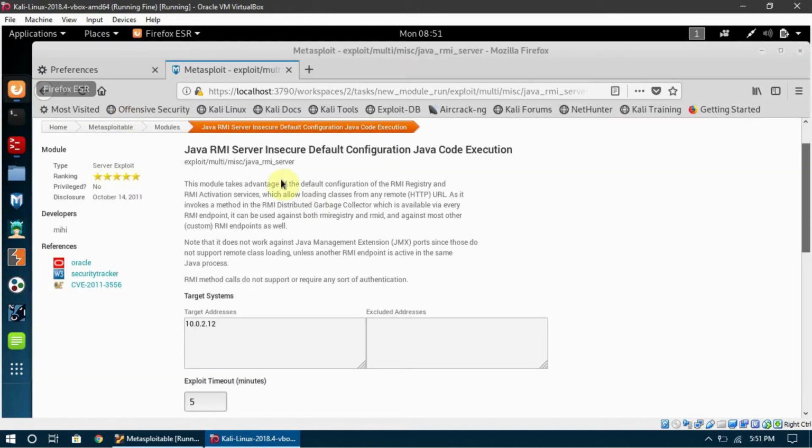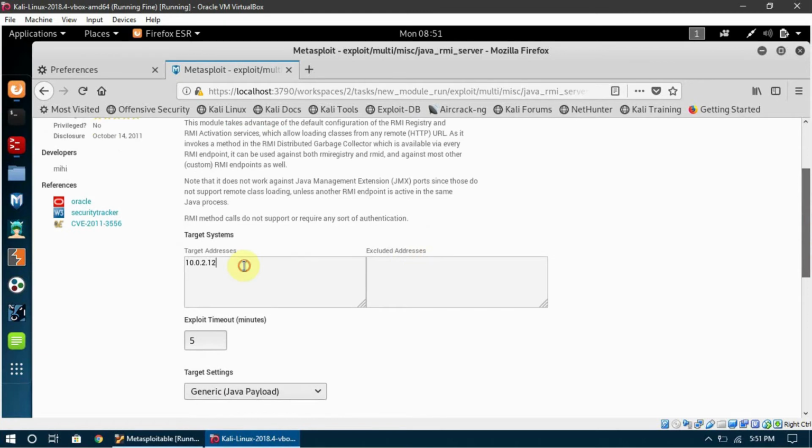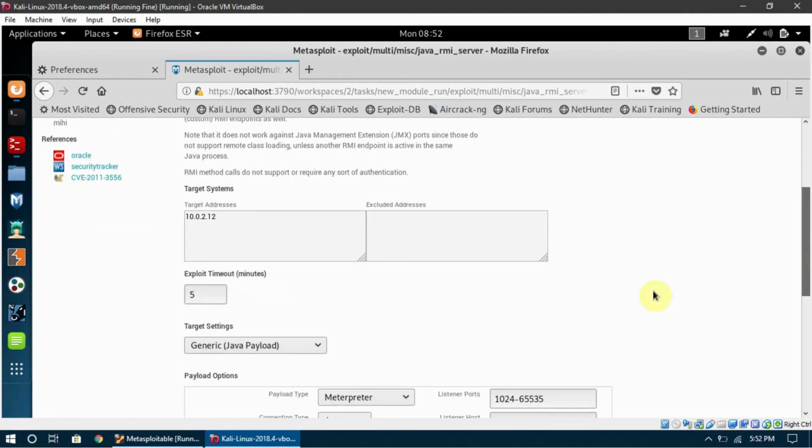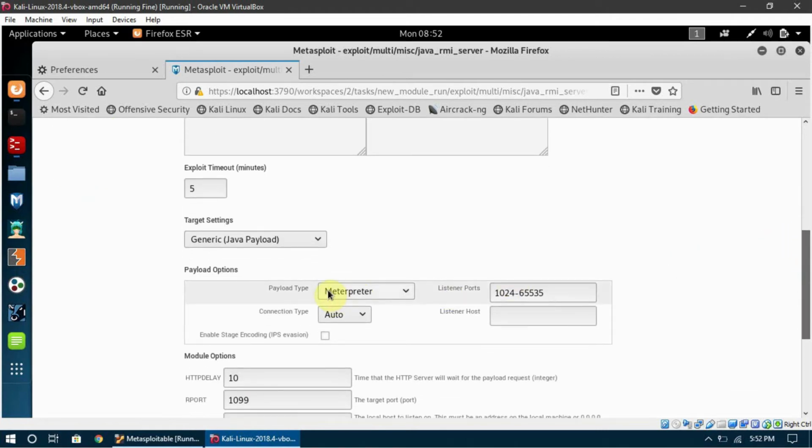So now you can read the description of the exploit here, and you can see that it has put the target address here for us by default, so we don't have to say set RHOST or anything like that. It did everything for us. Then there are a few more options, like it is asking us which payload option we actually want to use: Meterpreter, command shell or PowerShell.